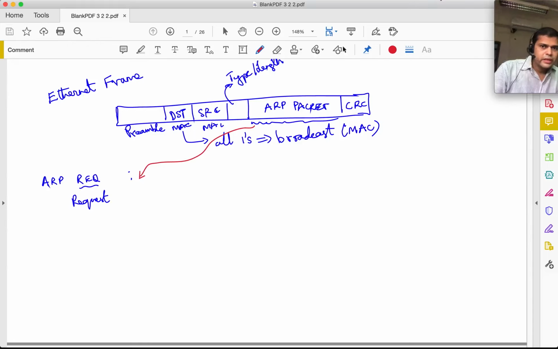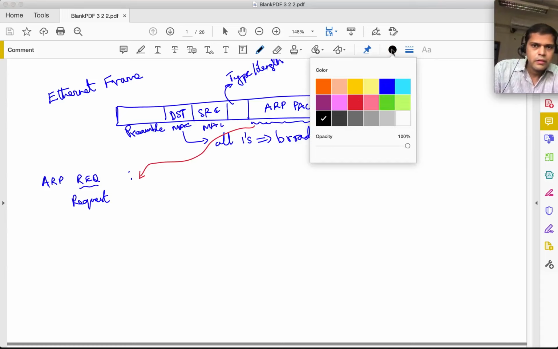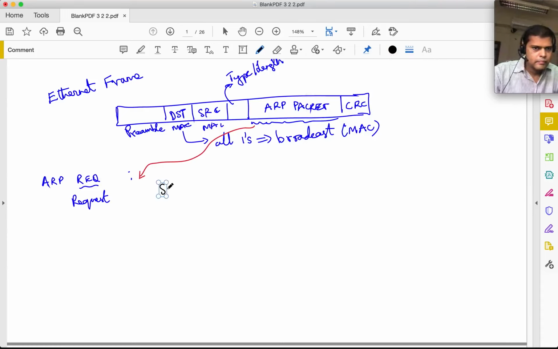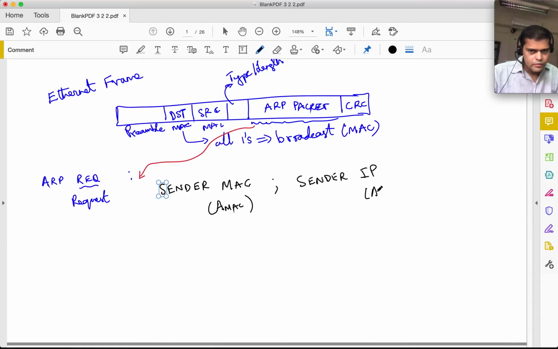So it has the sender MAC, and it has the sender IP. So the sender MAC would be what over here? It would be A's MAC, and it would have the sender IP, which is its own IP address,